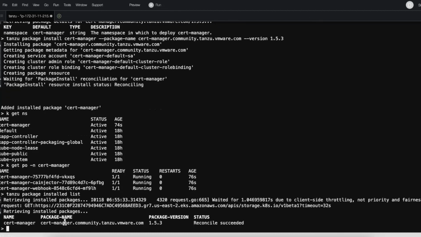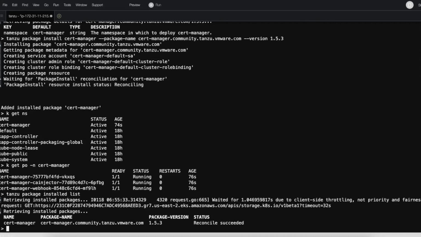And you can see that the cert-manager package was installed and the package version is this. This was successfully installed, right? So this is very, very simple, straightforward. And there is a way to package your software and then eventually push this to the container registry and then install it, right?